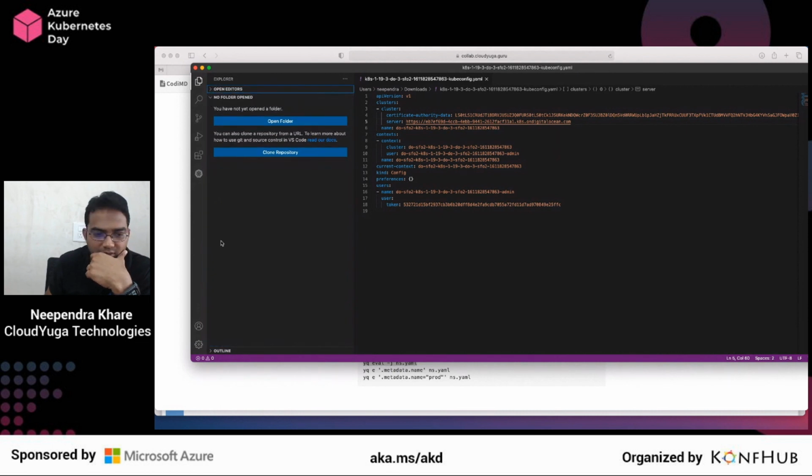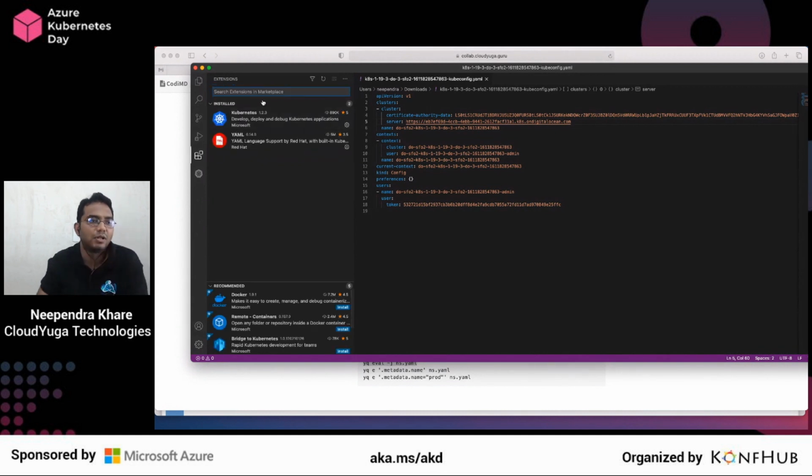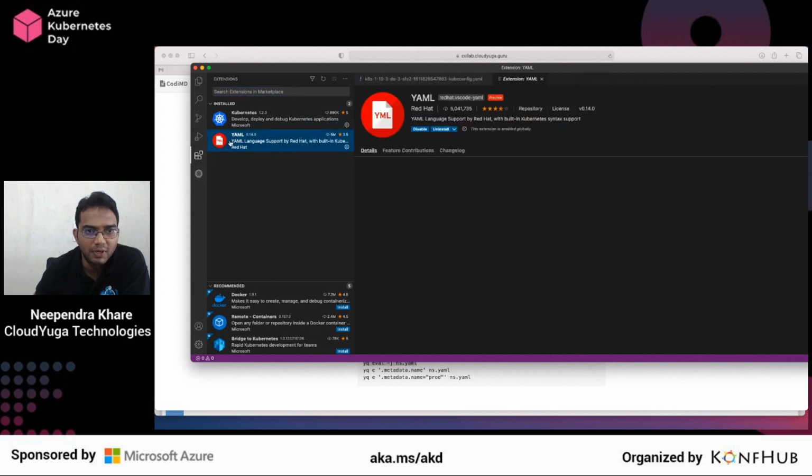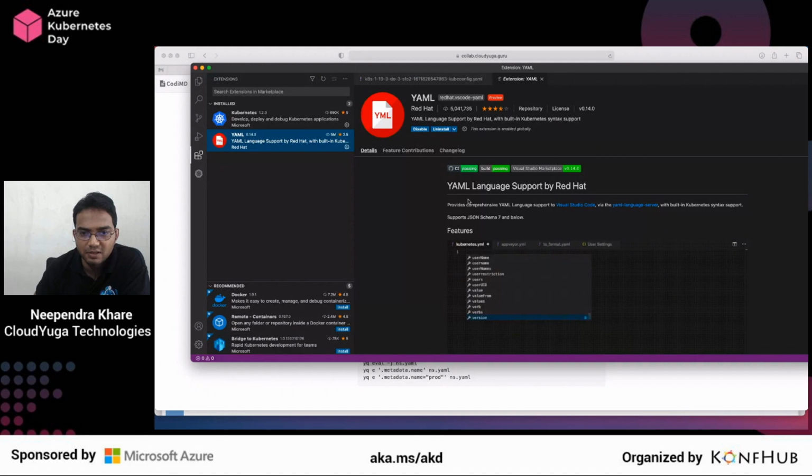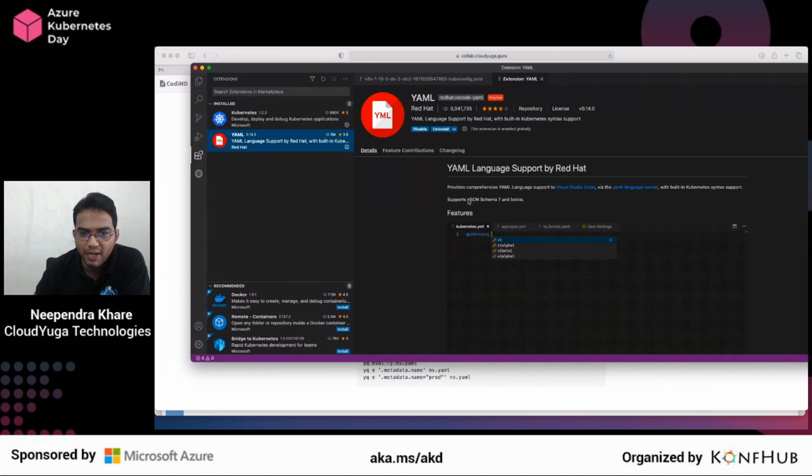You can install the extensions here. I have installed the YAML extension, and this YAML plugin for Kubernetes is from Red Hat, I believe, and you can then easily create your YAML configuration for your Kubernetes cluster.